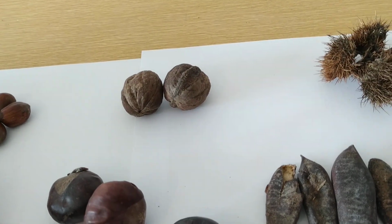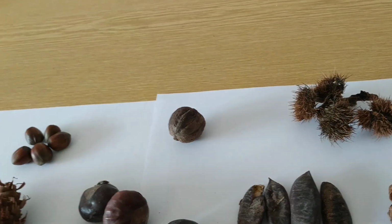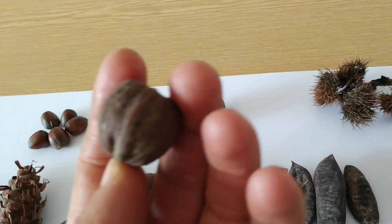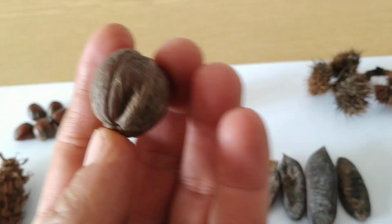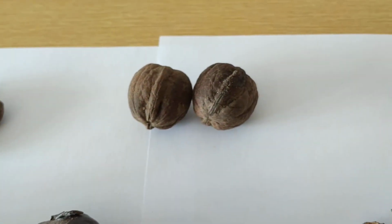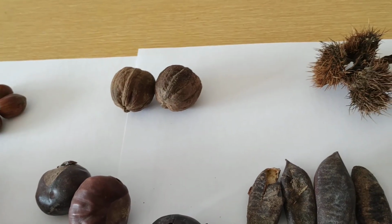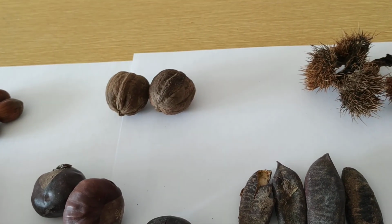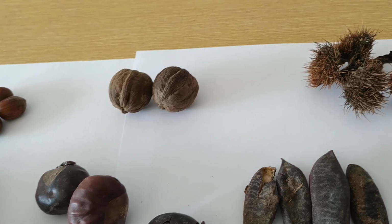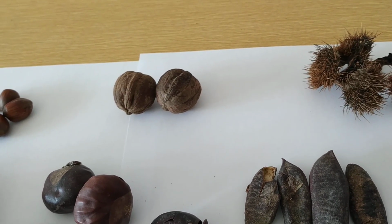Same with walnuts. Most of them will rot after the first rain in autumn. Actually, those look like they are drenched in rancid fat from the seed inside. Look at them, they look a little bit translucent-ish. Most of them will rot after the first decent rain. I guess it's different with wild Persian walnuts, but